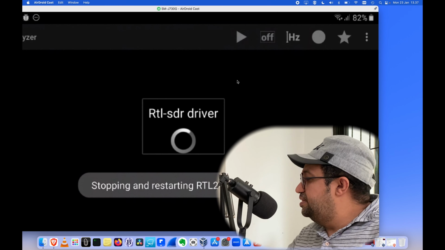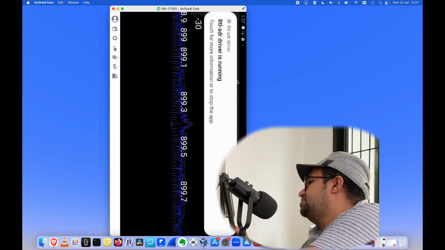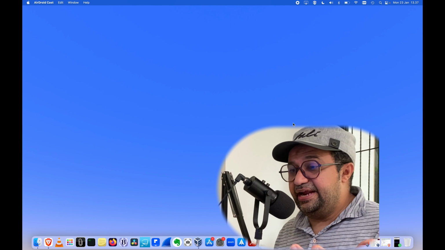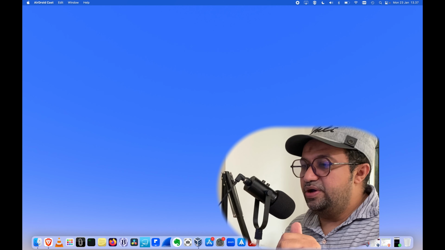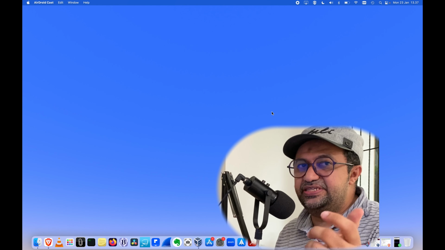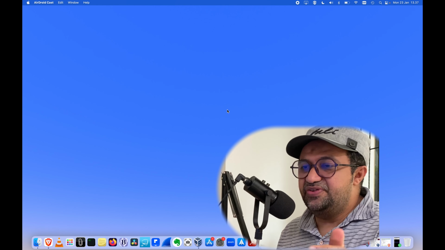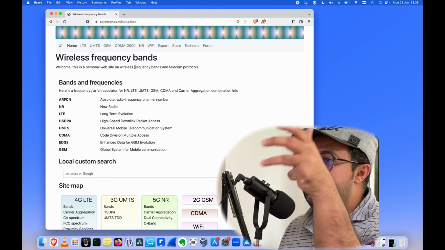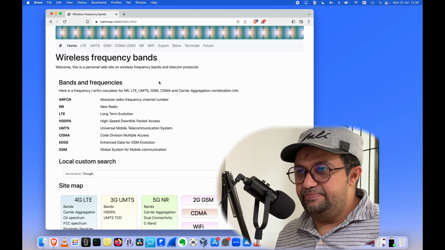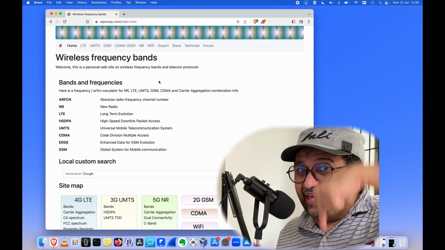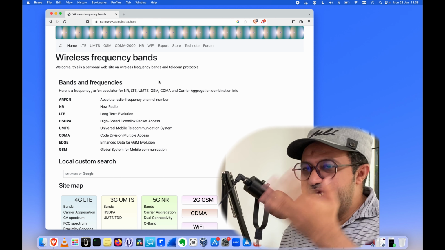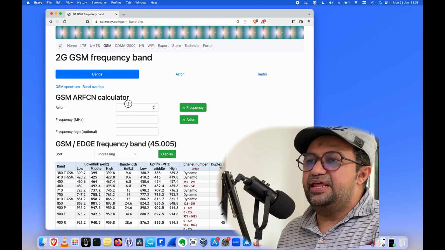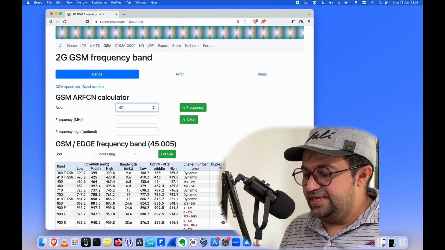Okay. Now the HackRF is already connected to my laptop. What I'm going to do is use ARFCN 47, because that is already clean. I'm going to go to this website, skimway.com. You can look at it later in the descriptions, or just look at it in my video. Simply Skimway, and then I will go to the GSM, and then I will use the 47 in this case.